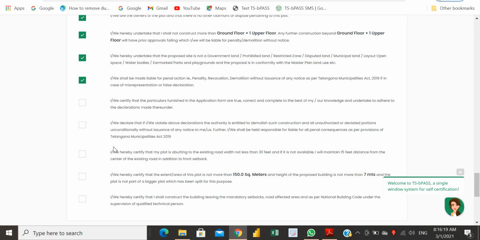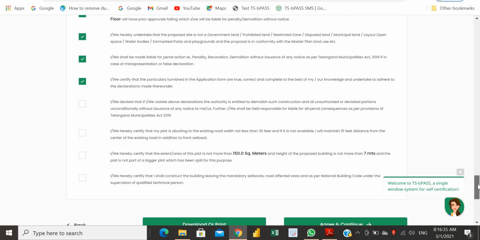I shall be made liable for penal action, that is penalty, revocation, demolition without issuance of any notice as per the Telangana Municipalities Act 2019 in any case of misrepresentation or false declaration. I certify that the particulars furnished in the application form are true, correct and complete to the best of my knowledge and undertake to adhere to the declarations made thereunder.